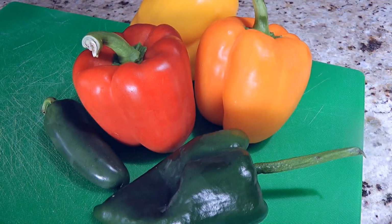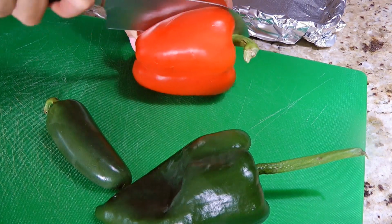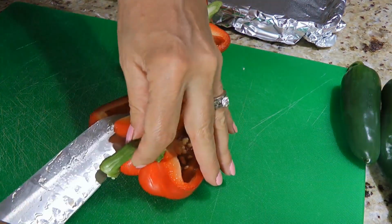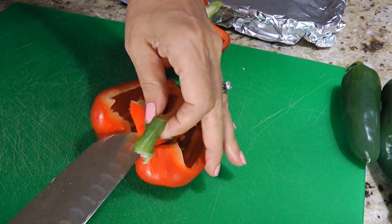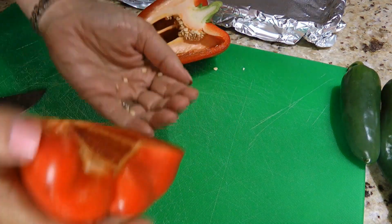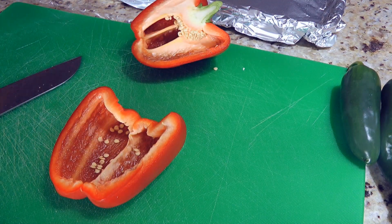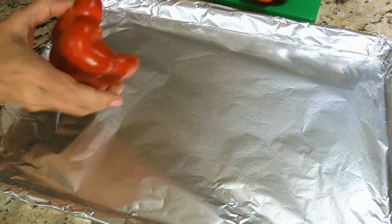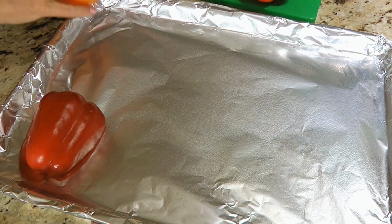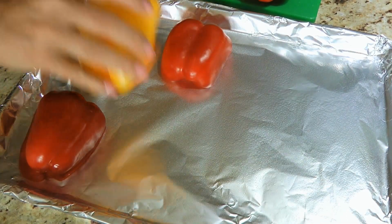Here we have different peppers such as bell, jalapeno, and poblano. What we'll do is to cut each of them in half and we'll get rid of the stem. Next, we'll remove any seeds as well as cutting off the ribs, and we'll discard all of them. When all the peppers are cleaned, we'll place them flesh side down on a baking sheet lined with foil, lightly